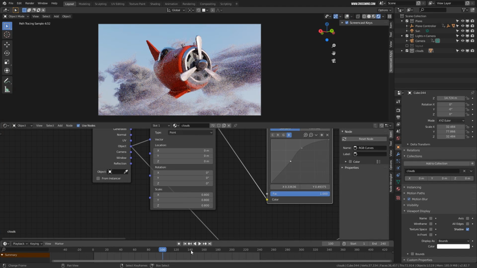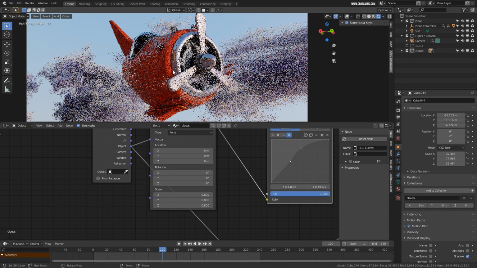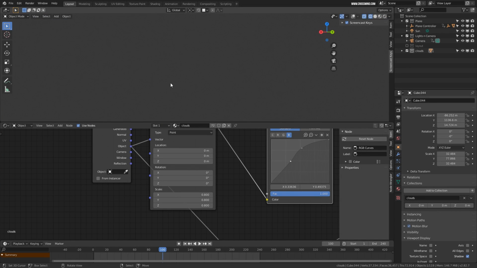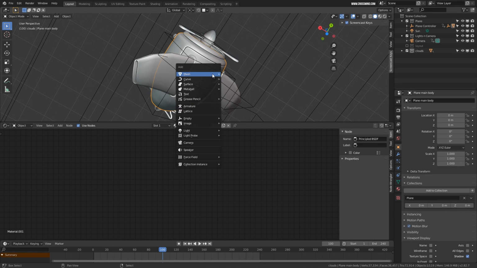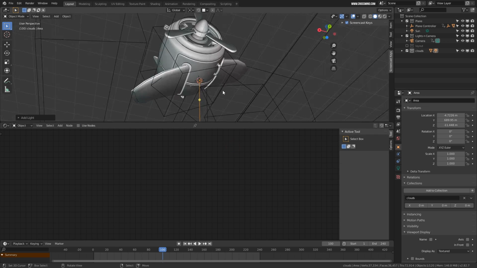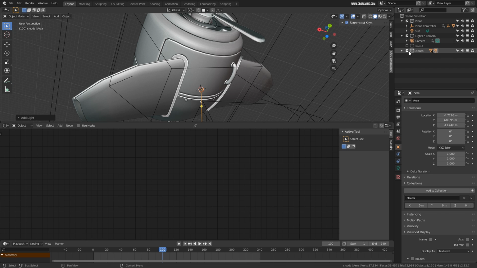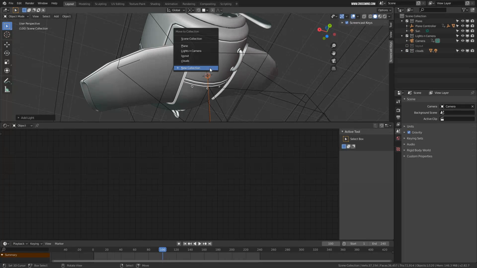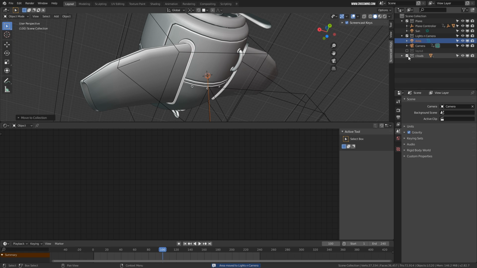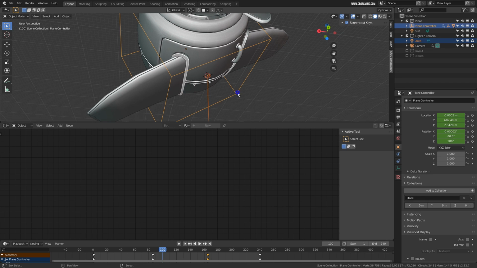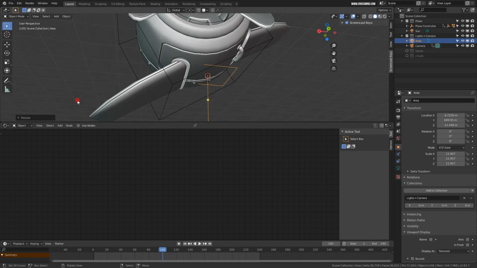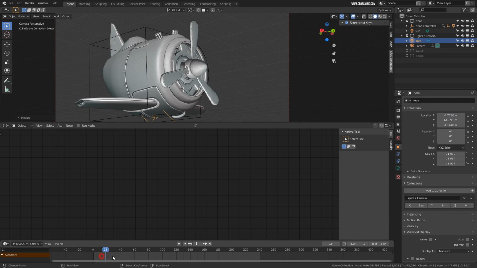And also right now the plane looks kind of dark. Okay, so what we can do is create one light over here. Let's click over here and create one area light. Okay, and let's disable the clouds. I'll just press M and move this to light and camera and disable the clouds. Now I'll select this light we have created and select the main controller and press Ctrl P and parent this one. Okay, now scale this light up, go to the camera view